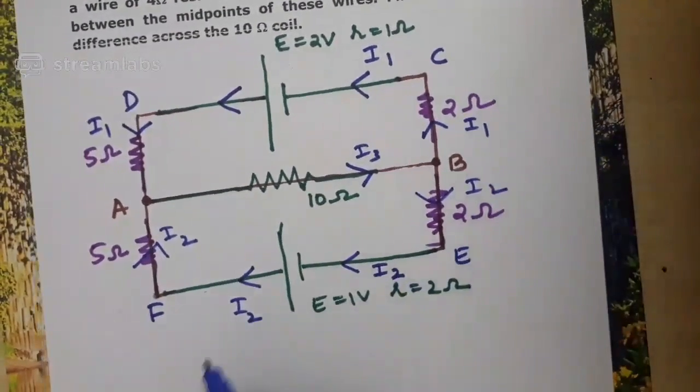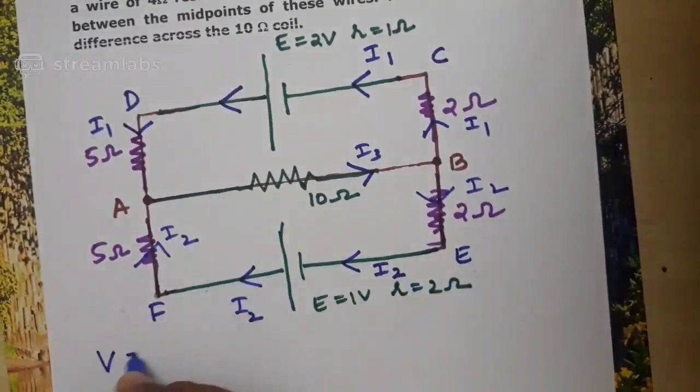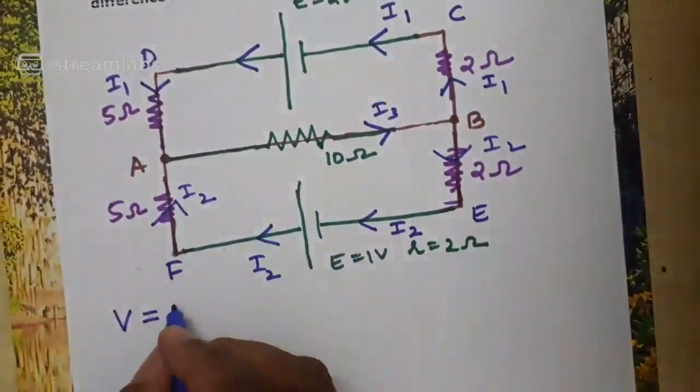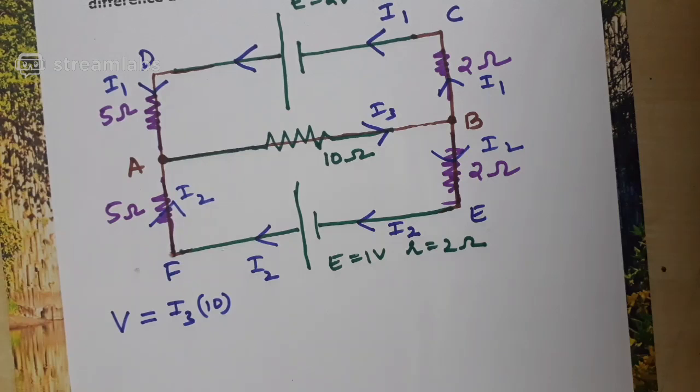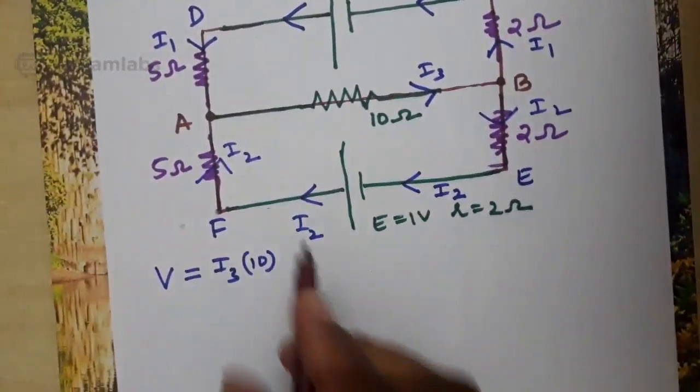Now, if you try to answer the question, obviously the potential difference across the 10 ohm resistor should be equal to I3 into 10 ohm. It is I3 into 10 ohm. Now tell me, what is missing? To find out I3, I have to go for the same procedure which I followed in the previous problem. First,